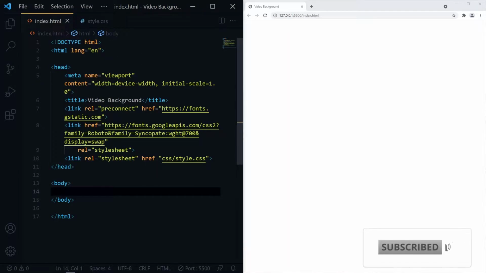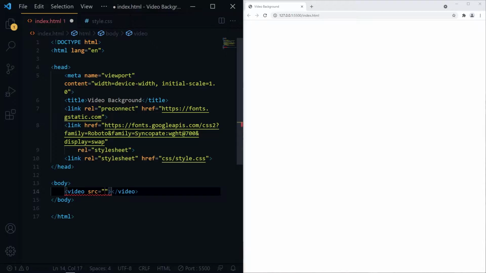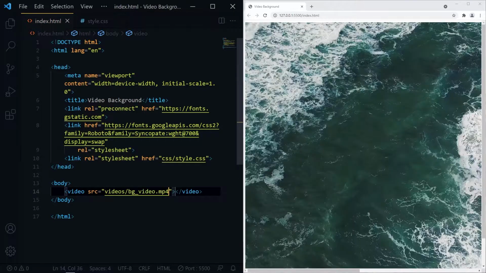So inside our body we have four things: video background, header, main h1 tag, and some paragraph. To include video inside your HTML project, we have a tag video and it is inside videos folder. Once you save the project, you can see the video here,